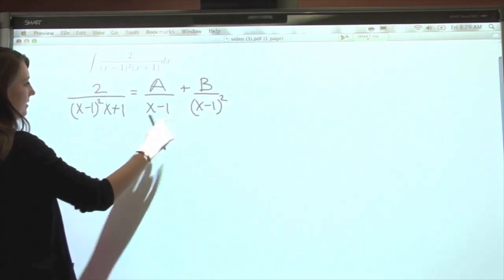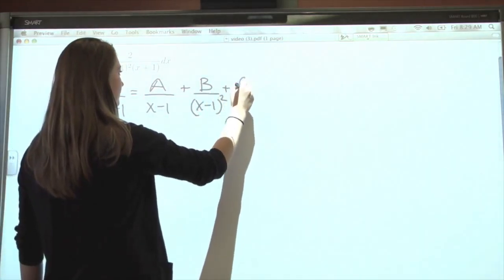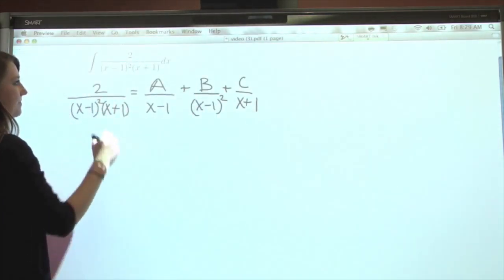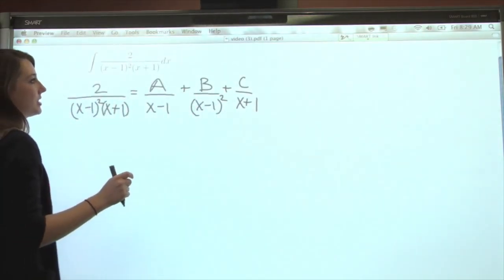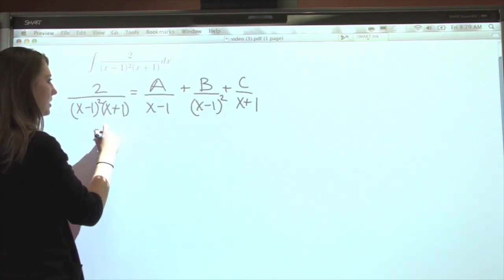Notice that it's repeated. You have to do it when it's a squared term like this. Okay, so now we just need to cross multiply. So we're going to get 2 equals